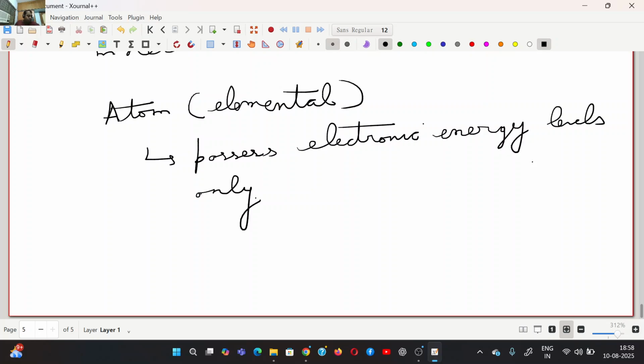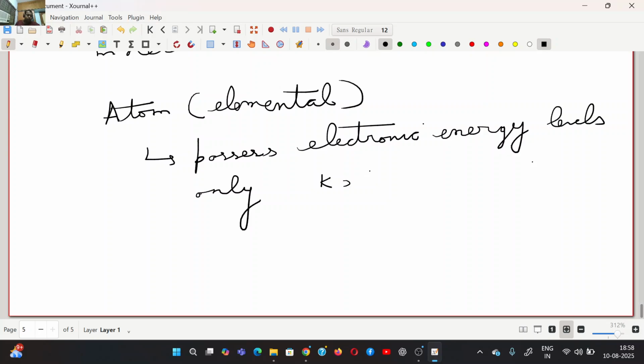So what is electronic energy level? It's a fixed amount of energy that an electron can have as it is orbiting the nucleus. Okay, they can't have any energy, right? They can have only certain energy levels depending on what shell or orbital they are